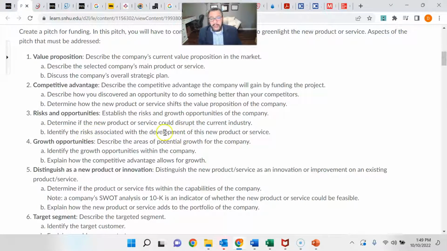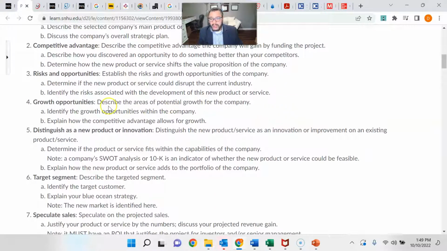Identify the risks associated with the development of this new product. So if we introduce this new product or service, it opens up liability for this. It means that we have to invest this. And if we don't get the sales we want, then it could be a wasted investment. What are the things where you're like, man, we're taking a chance, but this could happen? What is the thing that really could bite us here?